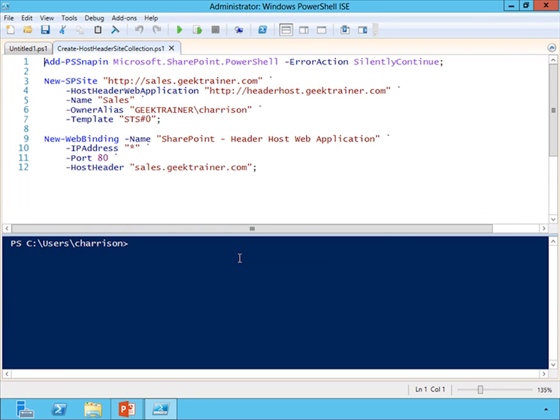That's just generic site collection stuff. The real key is the host header web application. That's where I'm going to tell this that I want this to be available as a host header inside of that web application. You're also going to notice when I call New-SPSite that instead of just giving it a generic name, I'm punching in the full URL that I want this to be available at, and you'll notice that the URL is